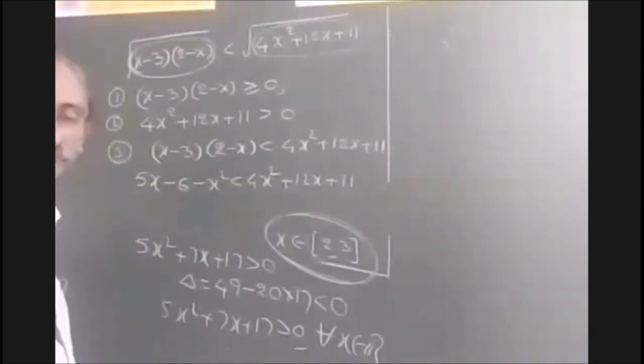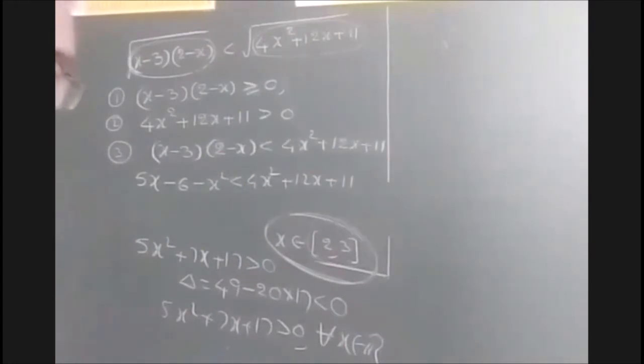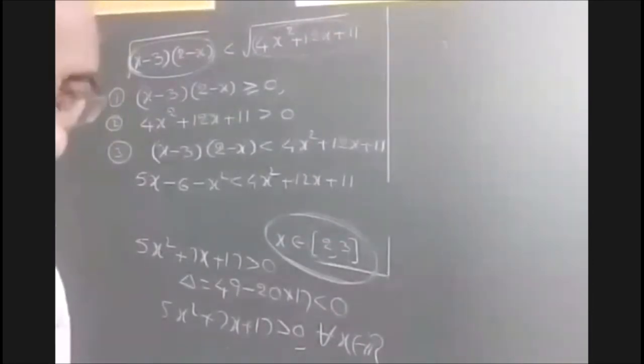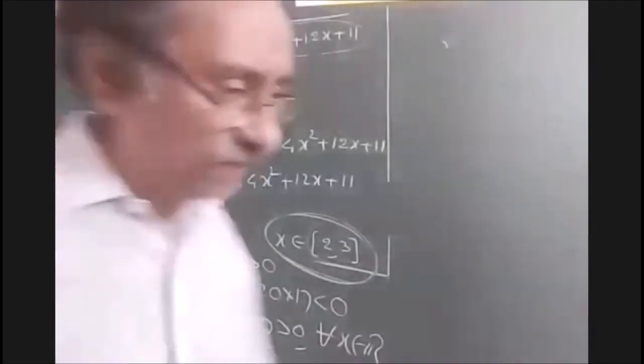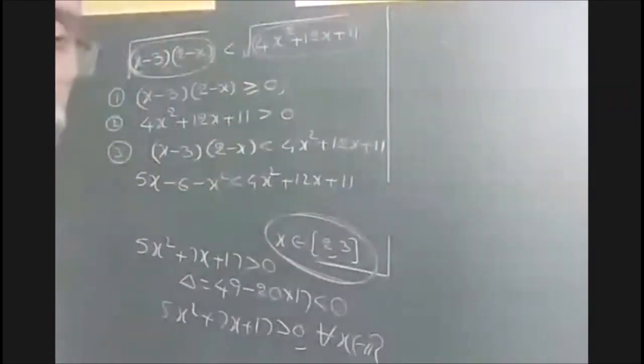In this question, for the first inequality, you wrote (x minus 3) into (x minus 2) less than or equal to 0, right? Yes, sir. Then we will get x less than or equal to 3, x less than or equal to 2. What is that? What is your name? Is it Funny Harshit? Yes, sir. What is the formula for (x minus alpha) into (x minus beta) less than or equal to 0?